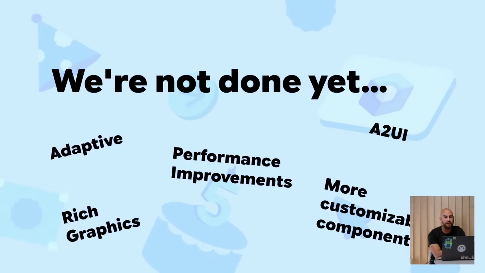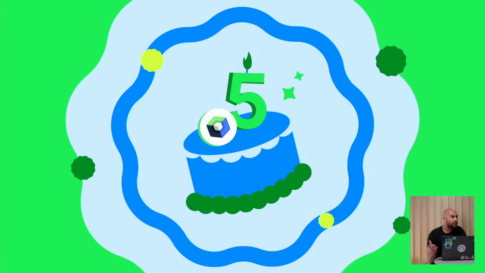And another one I'm really interested in is something called A2UI, which is a library to help you build agentic UIs on the fly. So at runtime, having an AI agent constructing a Jetpack Compose native UI. So that's really exciting. It's something we're baking, and stay tuned for more on that. That's all I wanted to talk about. It's just to set the stage of the last 5 years. But I'm excited to hear what your questions are from everyone. What do you want to know about Compose?